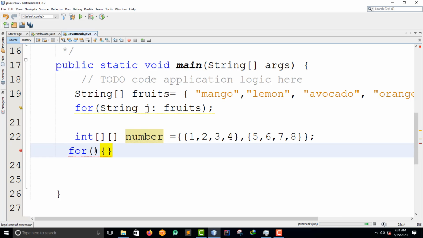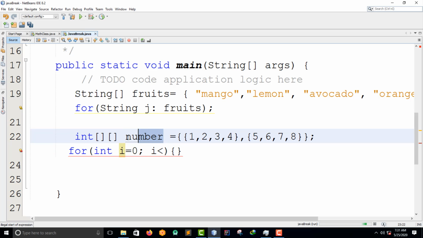So I'm going to say int i, we have used this term before. Int i is equal to 0. Then I'm going to use the length thing. You know how to use the length type to find the length of the things that were in the array. Then I say i is less than the length, less than my number.